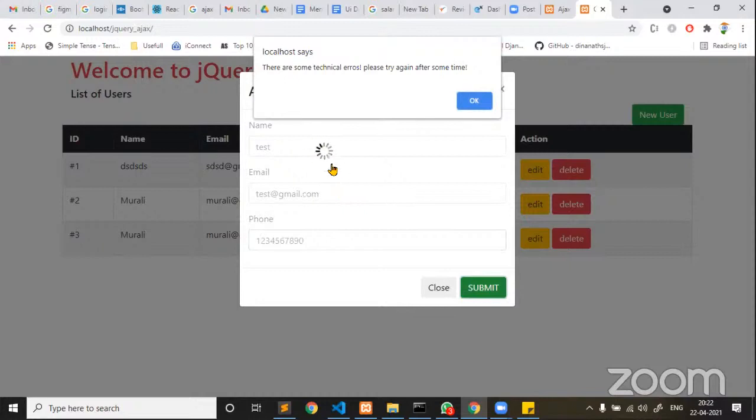In order to display this loader, before sending a request, before send is a callback function which triggers when something happens before sending a request from client side to a server. Now you have sent a request, but it is not processing. The reason is you have sent a request from client to server, but the server file is not available on your server.